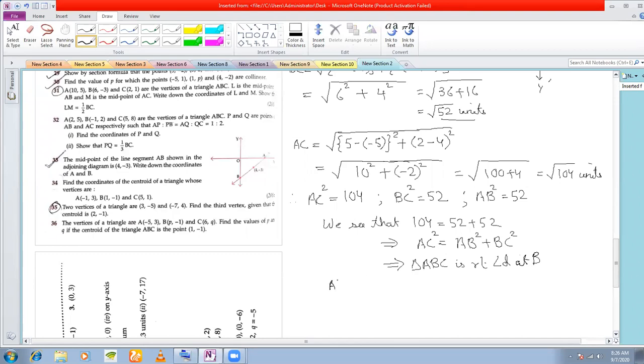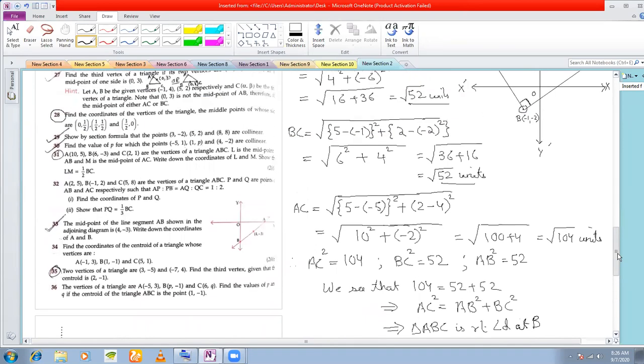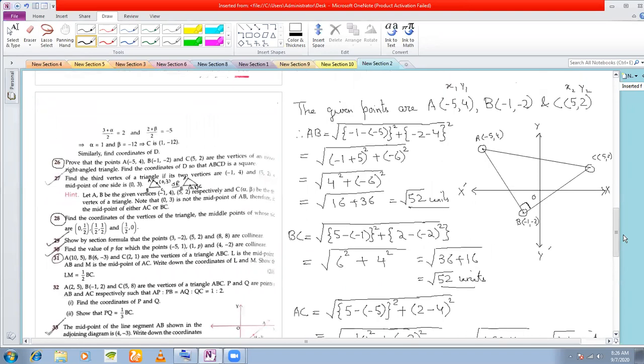Also, AB is equal to BC is equal to root 52 units. Hence, triangle ABC is an isosceles right angled triangle. Any question? This was in fact a class 9 standard problem for the first part of it,